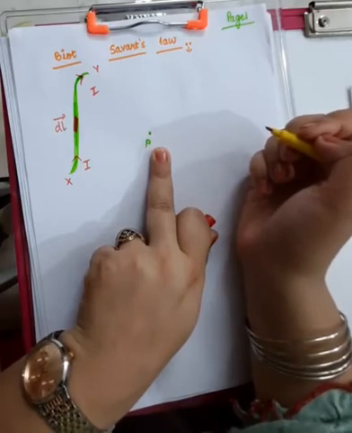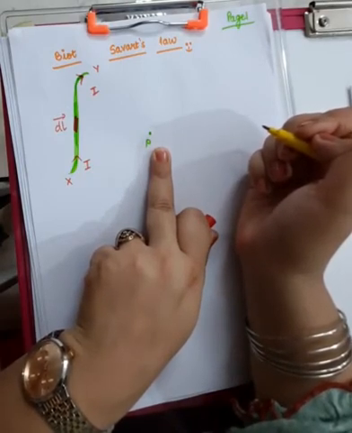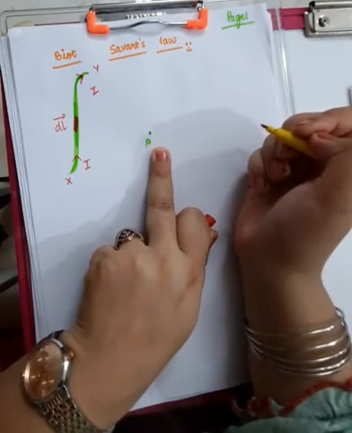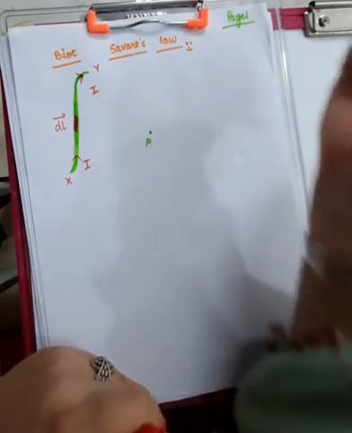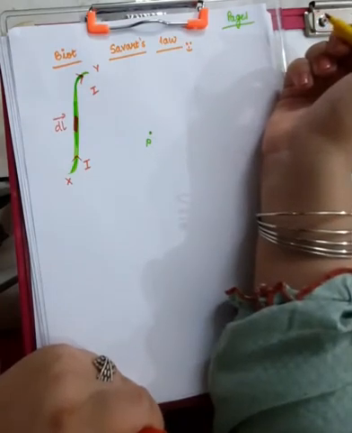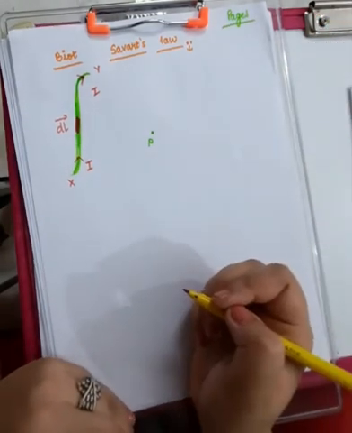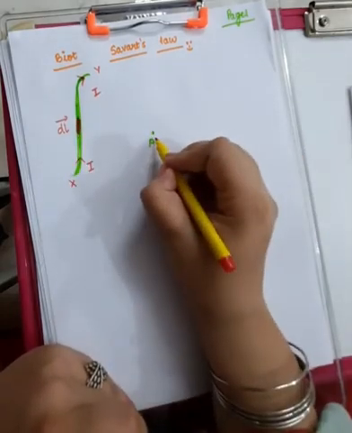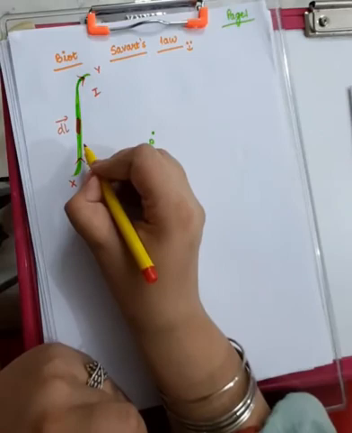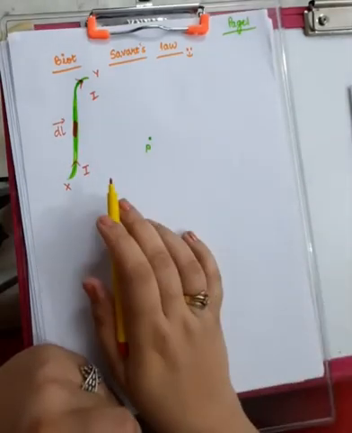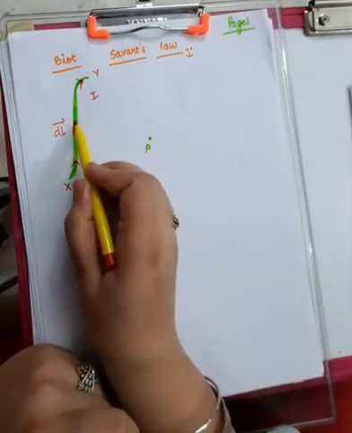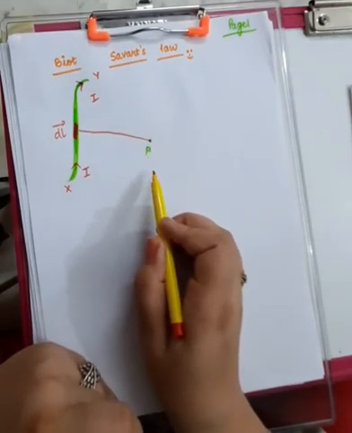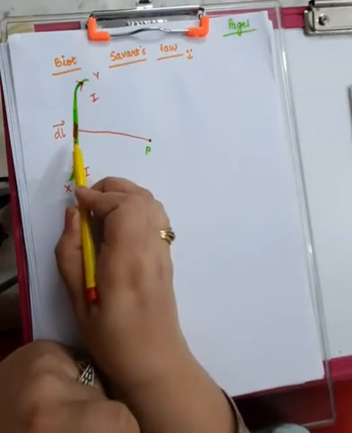Magnetic field intensity is a vector quantity. So when I say that I want to find out magnetic field intensity, that means I will be finding out magnitude as well as direction. So first of all, if you want to find out magnetic field at this point due to this current element, then you need to find out the separation of the point P where you want to find out the magnetic field and this current element.